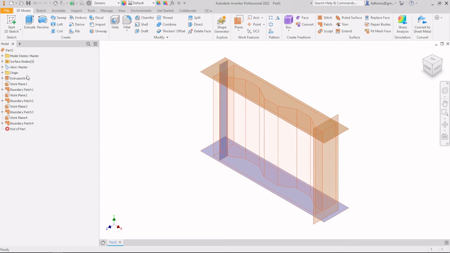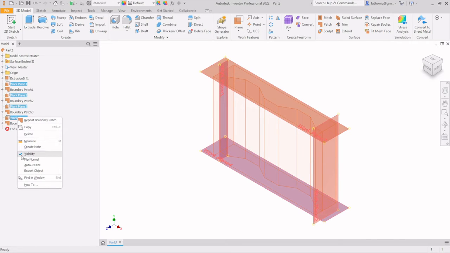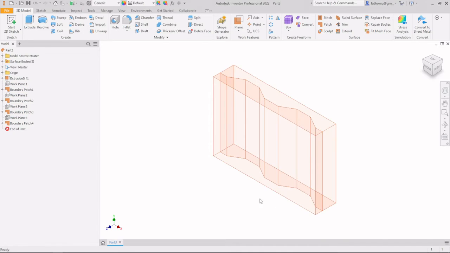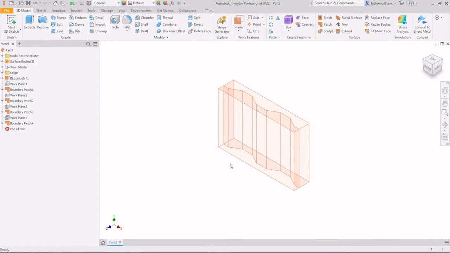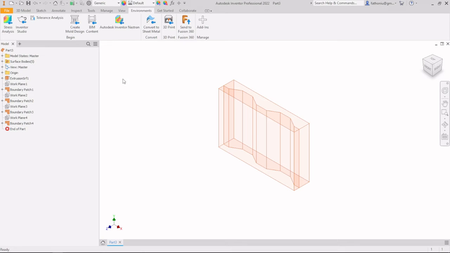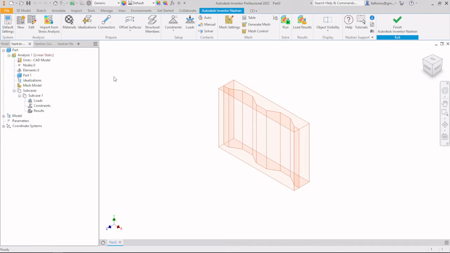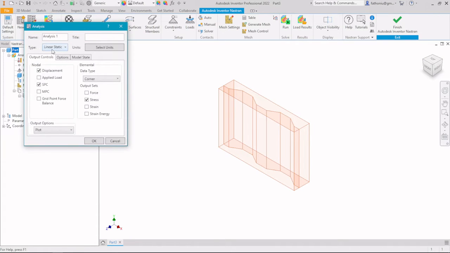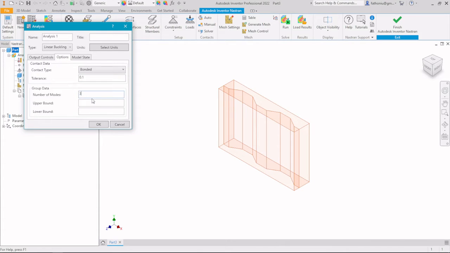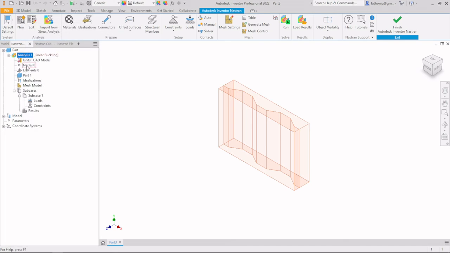the surface model, and then we hide the visibility of the work plane. So we have this one. So then the model is already completed, and then we go to the Nastran analysis. Go here, and after that first we do linear buckling analysis. Option, take 3 modes, and after that